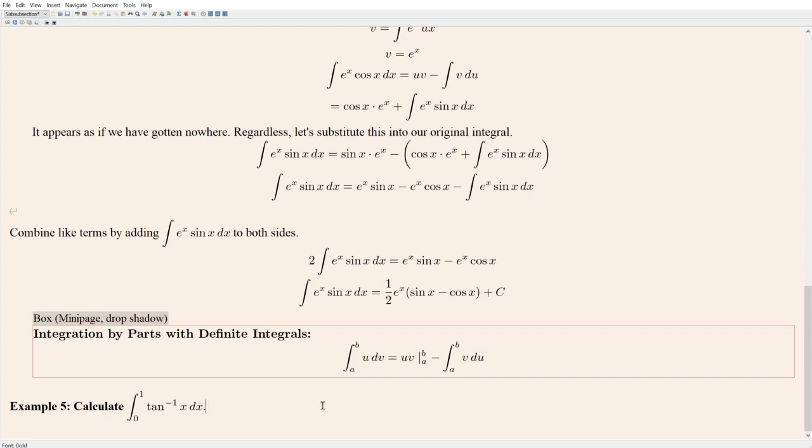So, as one final example, let's do a definite integral. And when you're using integration by parts to evaluate definite integrals,